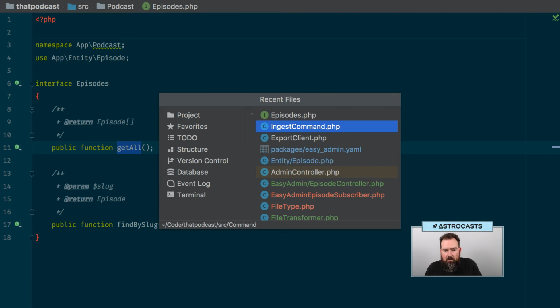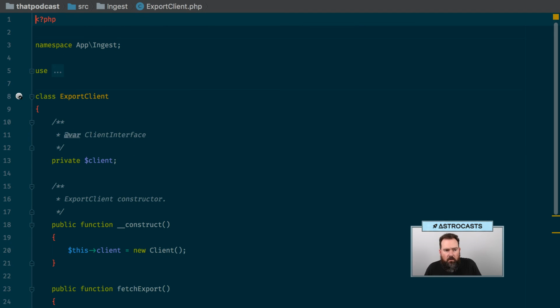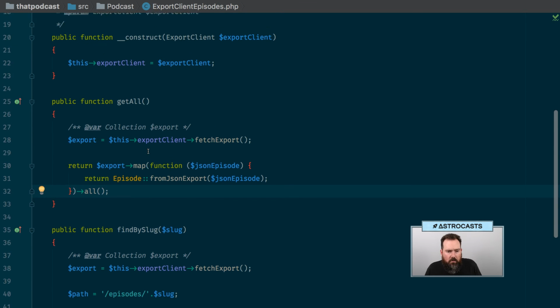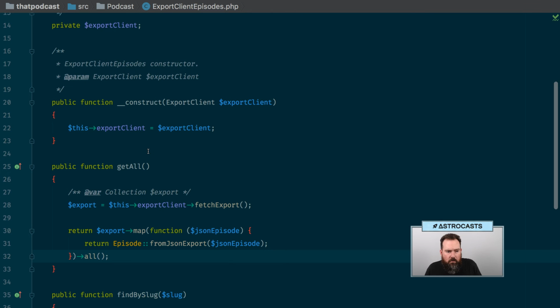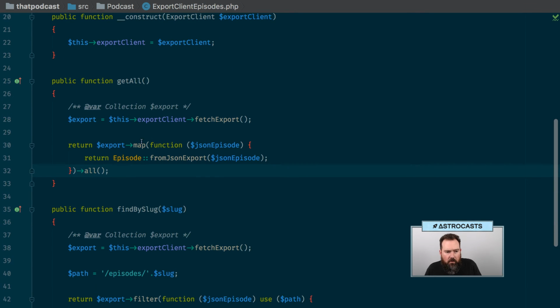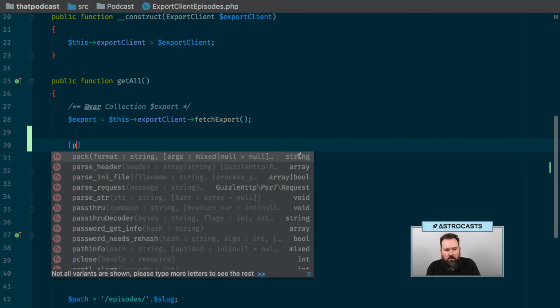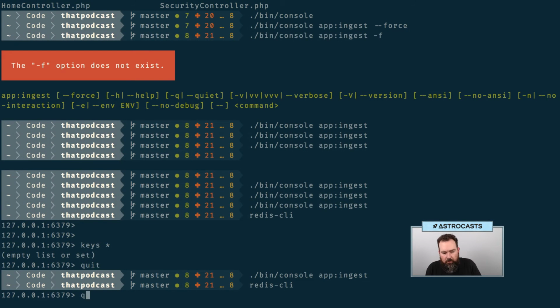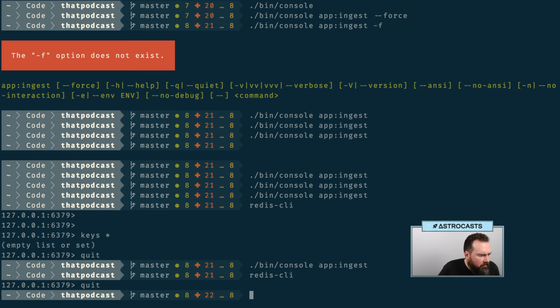What implements that? Get all. Should be getting things. Oh, no. What was the error? Something about a type error. Yeah, well,